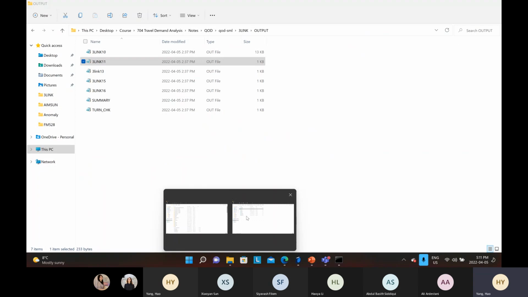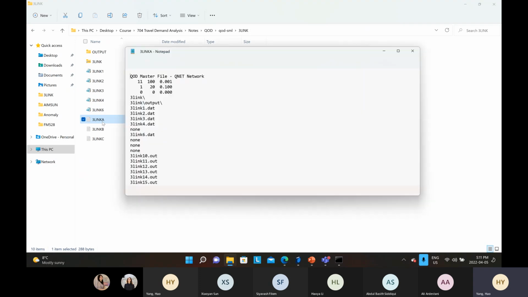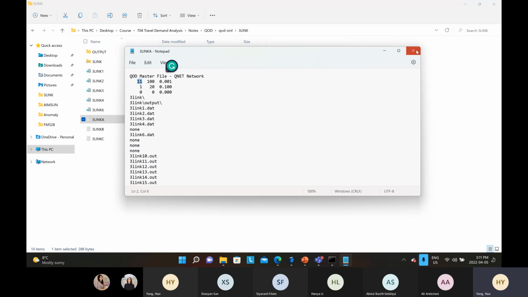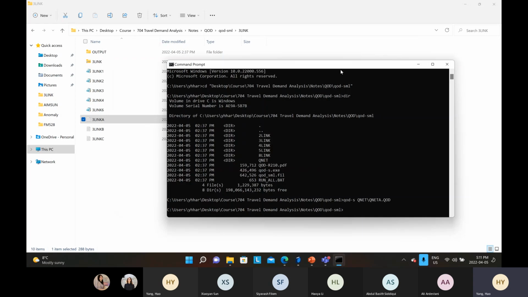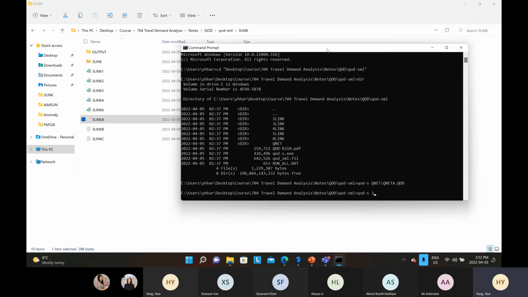And I'm going to show you one example about how the QueensOD is conducted for the three link example. Let's check the details about the first example. Here we will set the parameter as 1, which means that we're going to use the least square error method to conduct the estimation. Now let's check the type of the information, the QoD S to 3 link, and the master control file 3 link A .QoD,